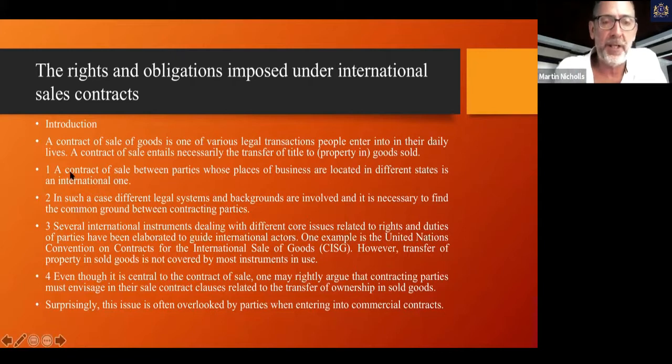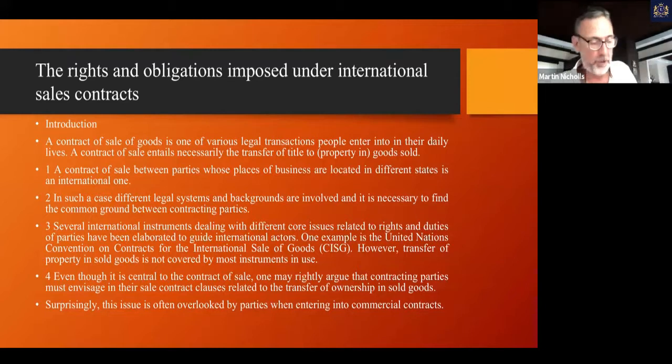Let's move on to international sales contracts. One of the instruments that people use is actually third party. One example is the United Nations Convention on Contracts for the International Sale of Goods, CISG. You will hear that mentioned in various avenues, and this is probably the prevailing one. Just like we talked about GATT before, this prevails in terms of the international sales of goods. GATT was more of a policy thing. This is about specific contracts.